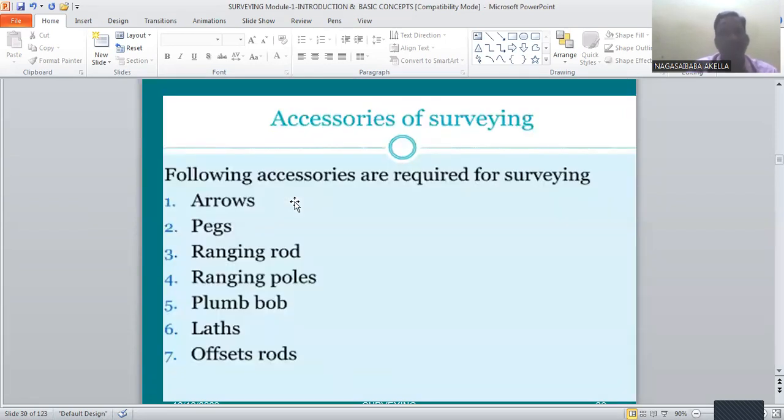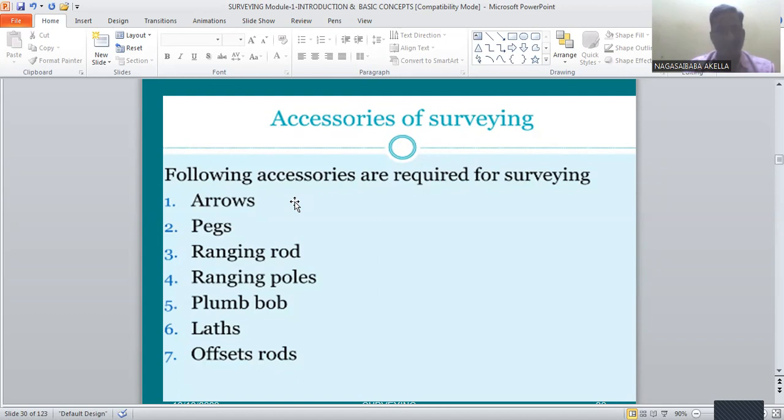Next, what are the accessories are used in the surveying? Arrows, you know, the length of arrow is 40 centimeter, diameter is 4 mm, made up of galvanized iron, wooden pegs, ranging rod of 2 meters or 3 meters, plumb bob to transfer the ground point exactly over the instrument, and the lats and offset rods. Offset rods are square rods, and they will be provided with some hook arrangement to pull the chain if it